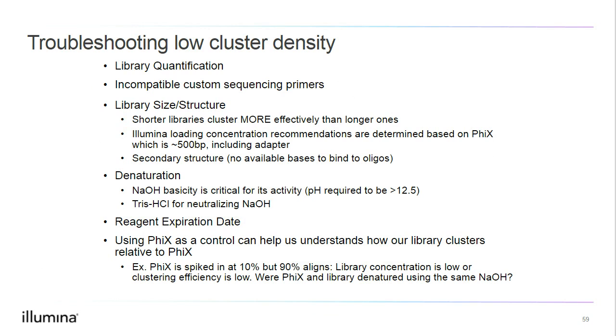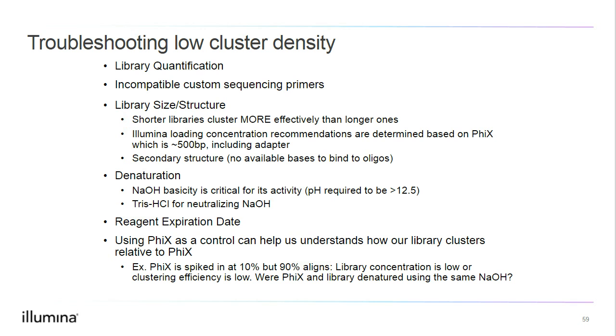To troubleshoot low cluster density, first recheck the library quant. Make sure custom sequencing primers are compatible, such as melting temperature. Verify the library size, since shorter libraries cluster more efficiently than longer libraries. The larger libraries may require a higher loading amount. Also check for secondary structures, since this can prevent binding, and these can be removed by performing a heat denaturation